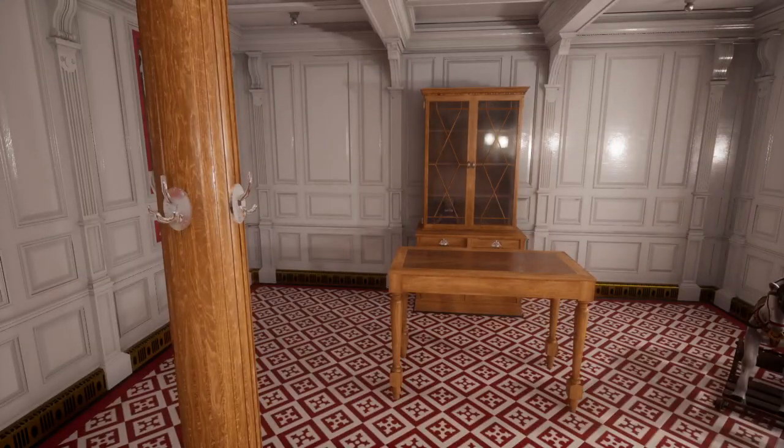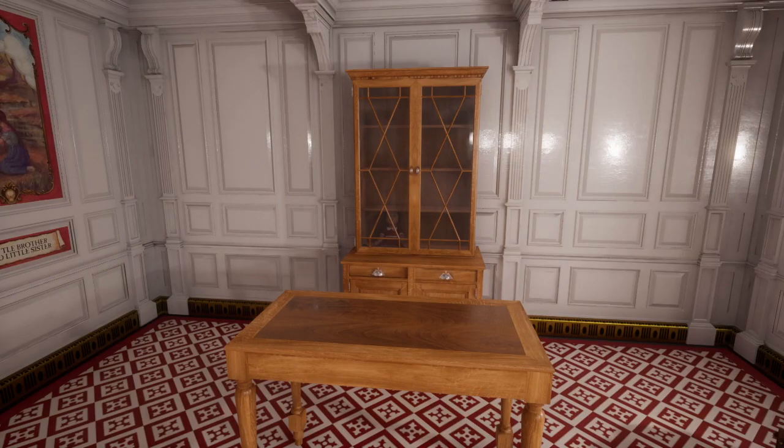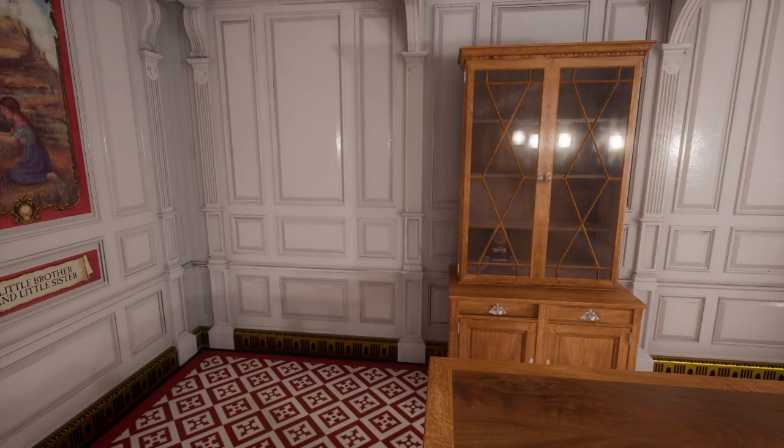There are some different things you can see in the Titanic demo that you don't get to see in here. But there are some other things you can see in here, but you don't get to see in the Titanic demo, so...